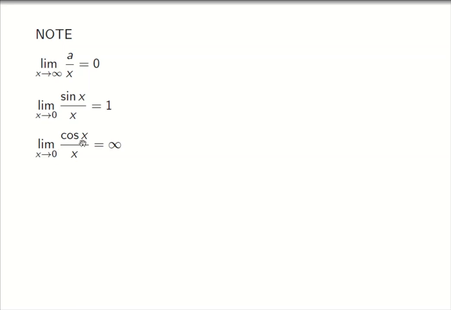Okay. Now note the following. If I have the limit as x approaches infinity of any number a over x, this is equal to 0. Let's continue. The limit of sine x over x as x approaches 0: L'Hopital will work here, since sine 0 is 0 and 0 is 0. You can use L'Hopital and cross check this. This is equal to 1. But the limit of cos x over x as x approaches 0 is infinity. These are the things that I wanted you to note and write down, because you might meet them in our next